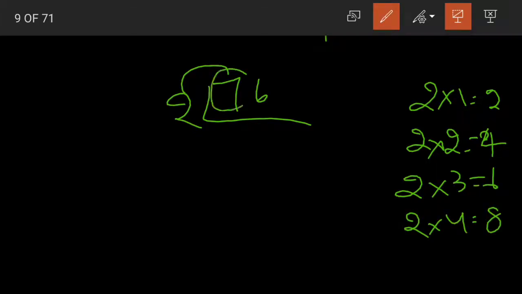Yes. So what do we have first? We have 7. Now do we have 7 in the 2 table? No. We have 2 3s are 6. What do we have, children? We have 2 3s are 6, which is less than 7. We cannot take the greater number, right? Yes, we always take the lesser number. So 2 3s are 6.